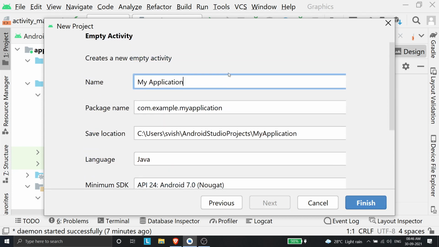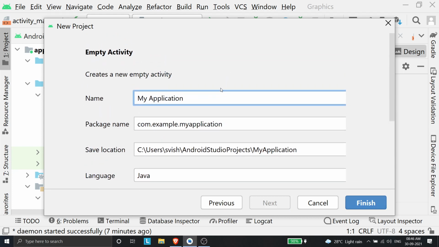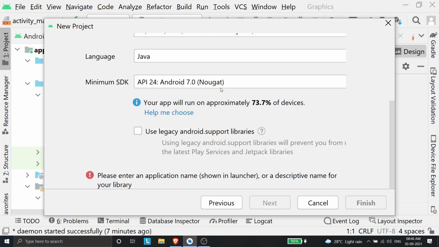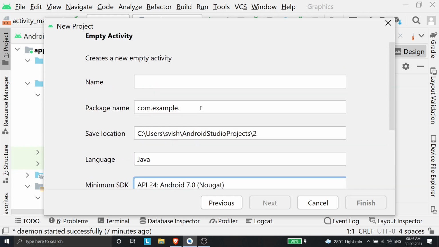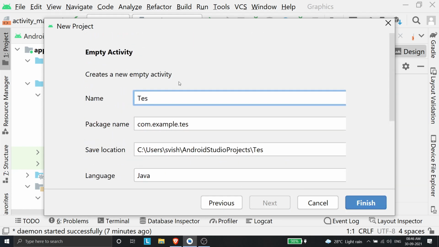And once you go with that, you have to select your application's name. You have to type in your name over here, and I'll just give a random name. I'll just say test or something. You can give your name, and below that there'll be something called a package name. This is basically the entire package, the entire repository of code. Your entire repository of Android code will be stored inside this package. So you can change this, or you can leave it as such as com.example.test. But you can change it if you want.